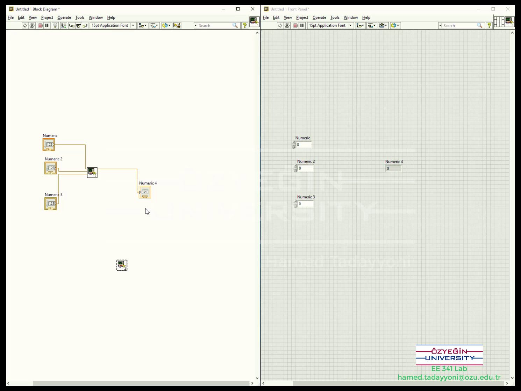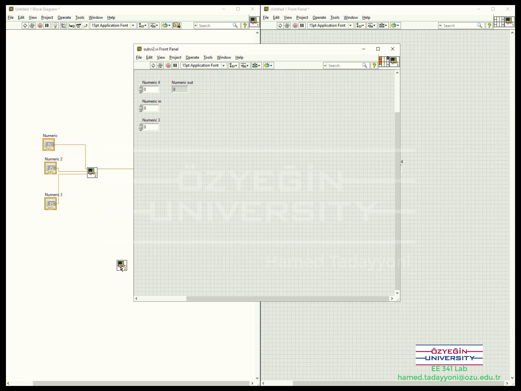And let me add something for you that can be used in the future. We can also edit the icon, edit how this subvi is shown to us or others in order to not be confused about what is this subvi, what is that subvi. So if I double click on it, you see here, these are the controls, this is the indicator, and this is how the icon is shown to the viewers. So we double click on this,